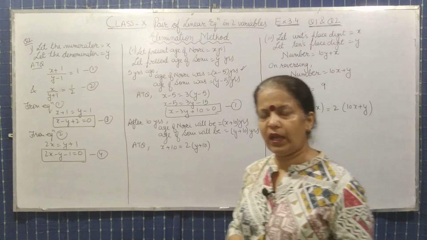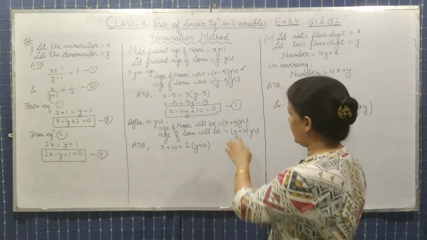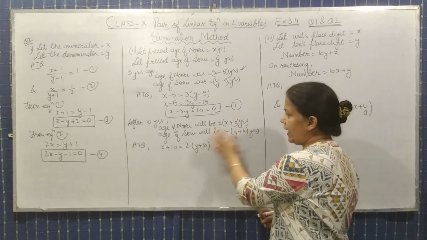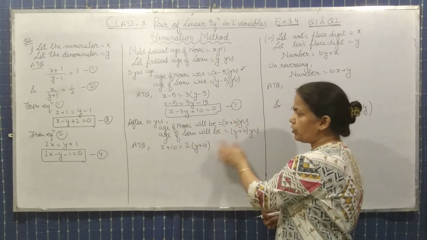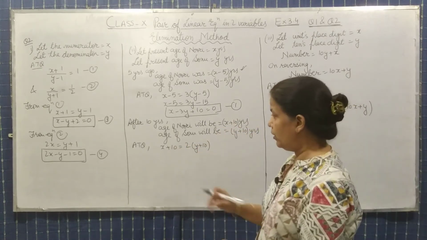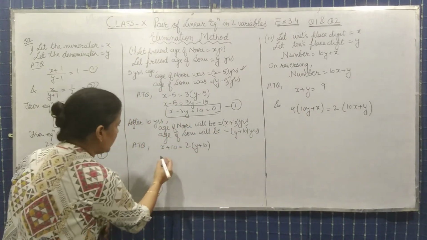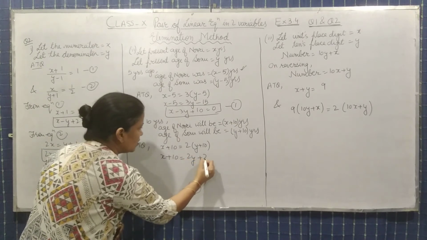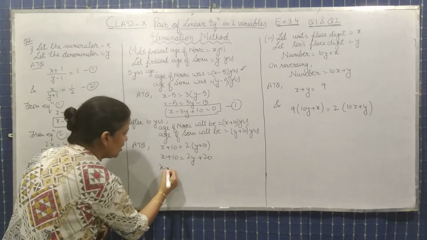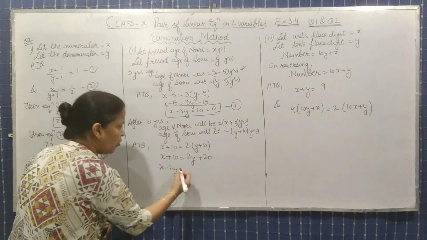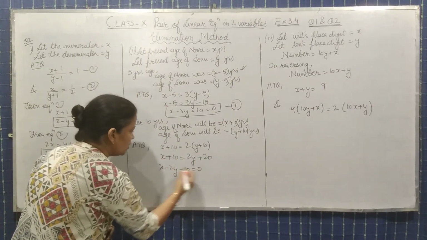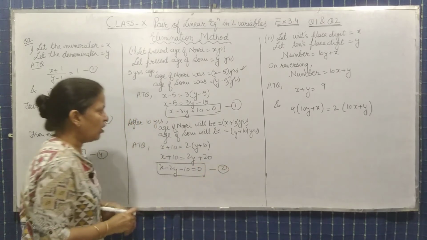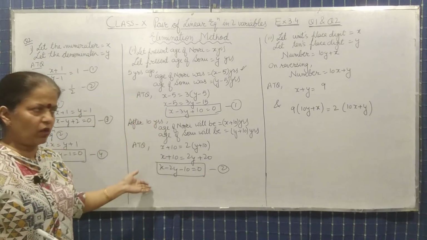तो हम सबसे पहले after 10 years की दोनों की एज निकालेंगे. So it will be x plus 10 and y plus 10. So Noori's age will be 2 times of the age of Sonu. Again we will solve it by open the bracket, 20, shift the term x minus 2y, 20 also here, minus 10 equal 0. So this is the second equation. Now these are the two equations, you can solve it.